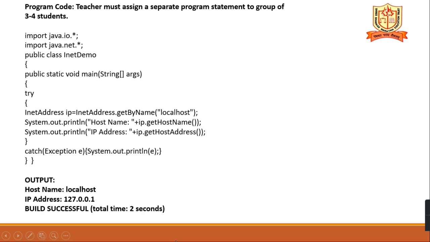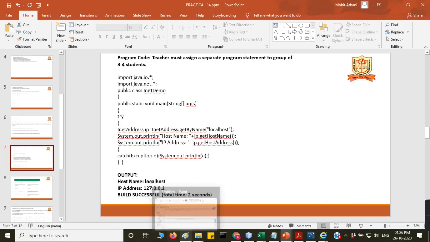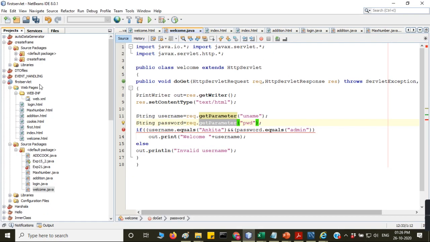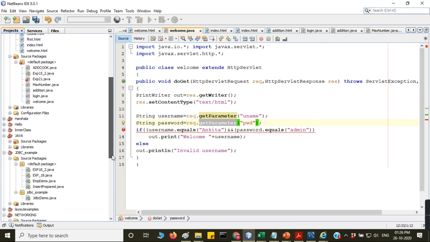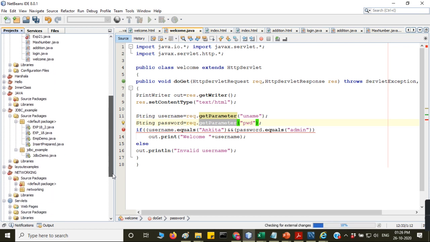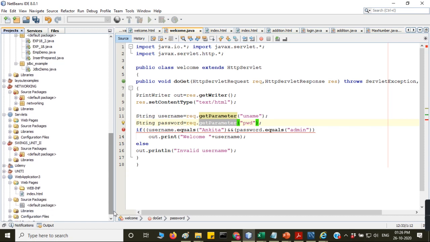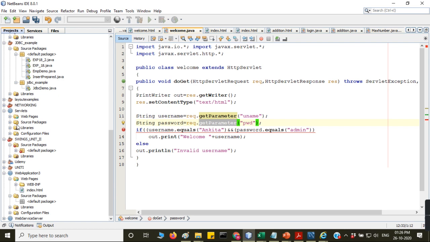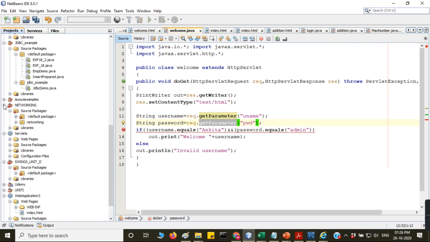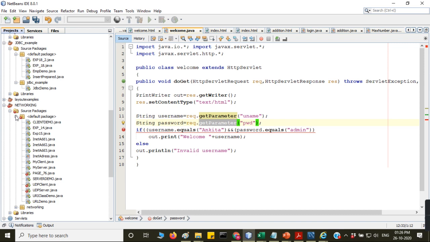So here, if you want, you can see the program InetDemo. Go there, here networking. In this networking, we'll see the default networking programs.